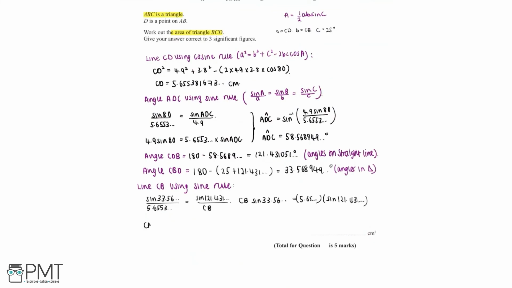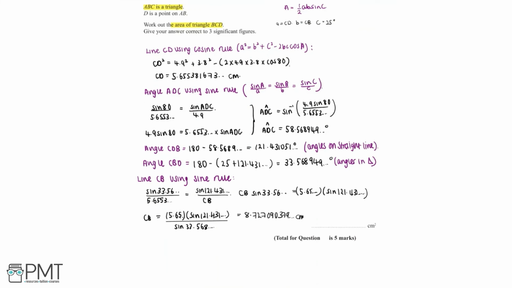And so line CB is equal to 5.65 multiplied by sine 121.431 all divided by sine 33.568. And so typing this into our calculator, we'll find that the line CB is equal to 8.7270900379